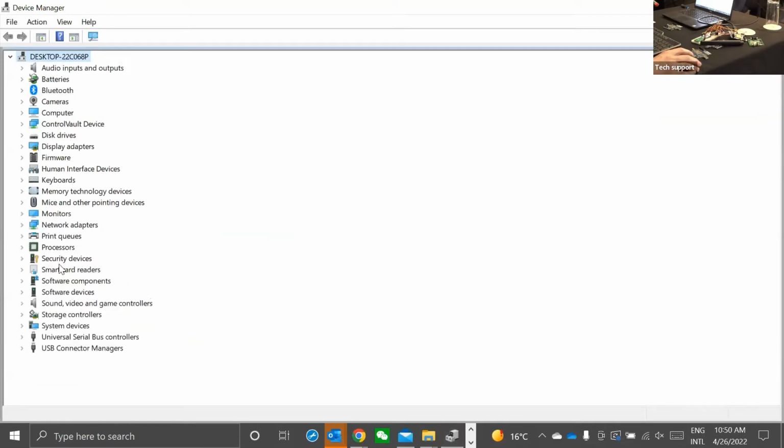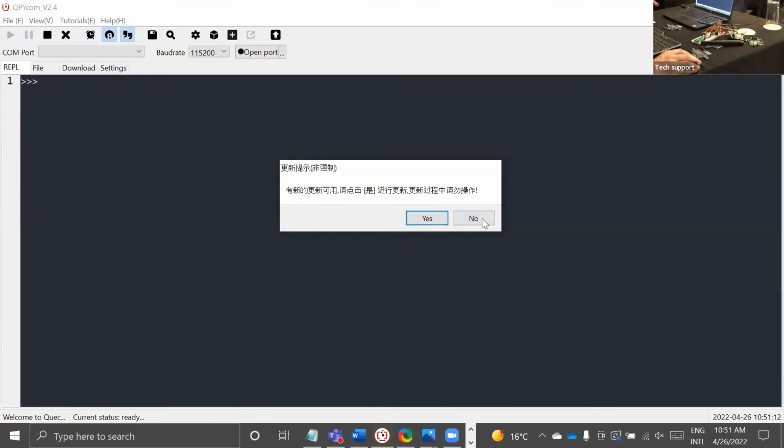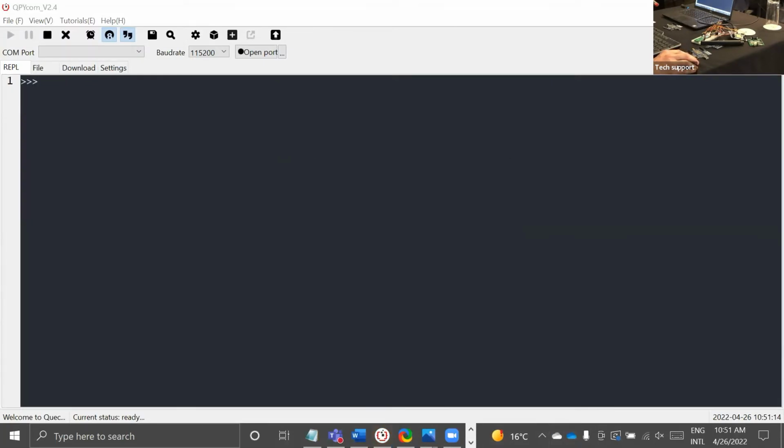But because I don't have it, I should check ports. Actually, I don't see the port. Something in the connection is not working on my side because I have an older module.